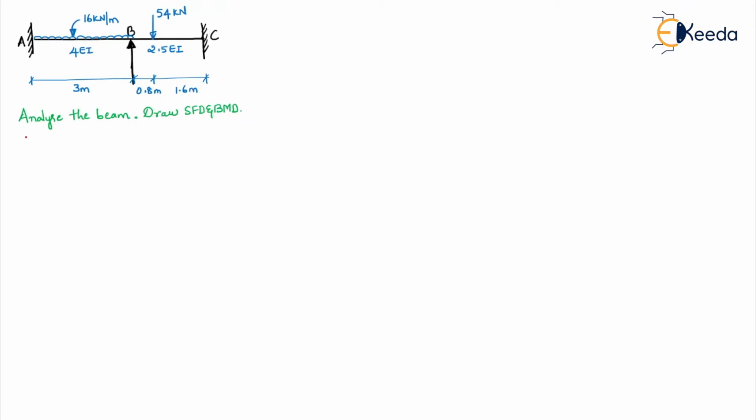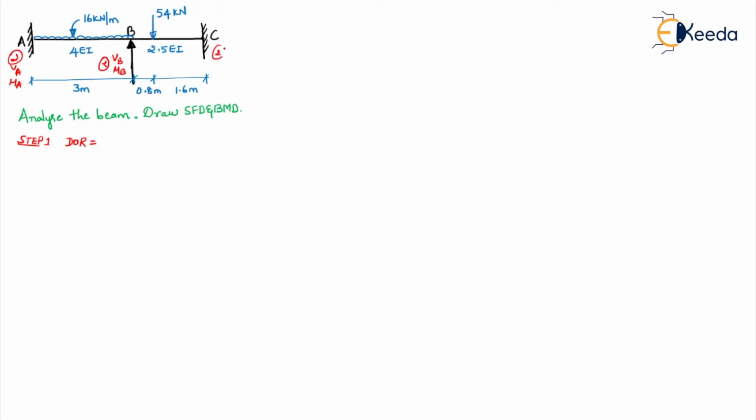Now, the first step is to find the degree of redundancy. So step 1 is DOR, degree of redundancy. One important thing to note is that in beams, if there is no horizontal loading given, you don't have to take the horizontal reaction into consideration. Also, the equilibrium equation related to horizontal will not exist. So how many unknowns here? We have only two: VA and MA. Coming here, we'll have VB and MB, two unknowns.